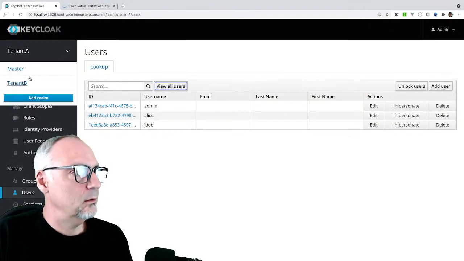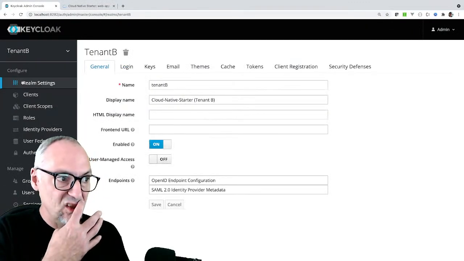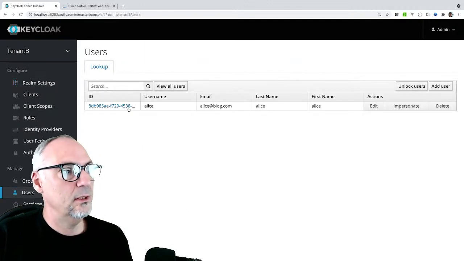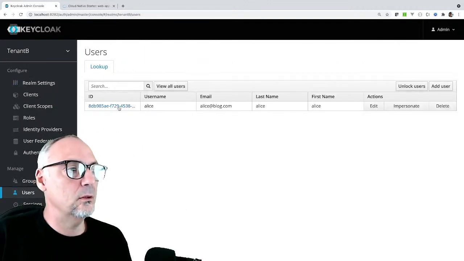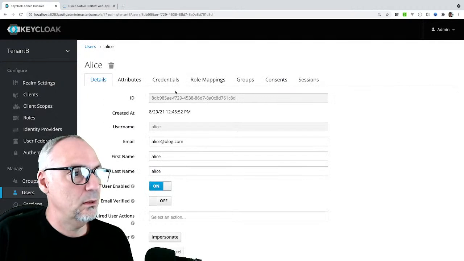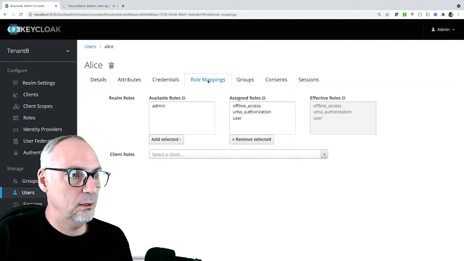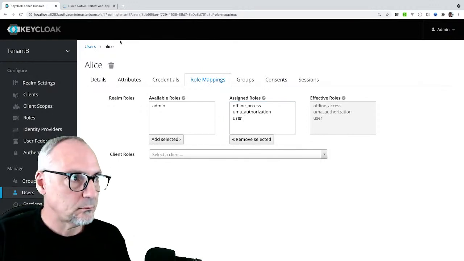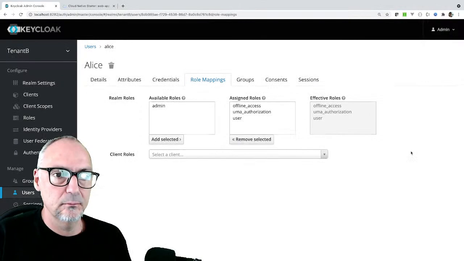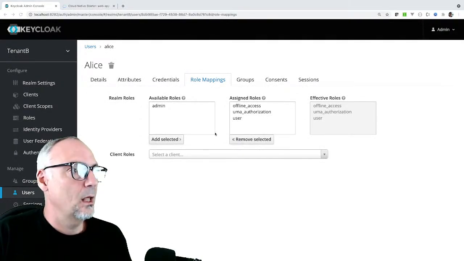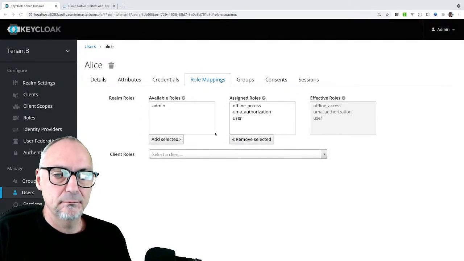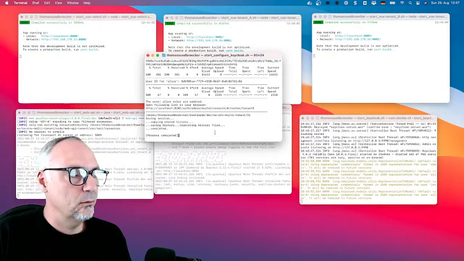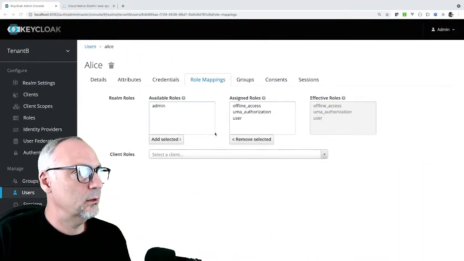Yeah, and then we take a look into the B configuration, and here in the B configuration you can see my uploaded user. I also did the role mapping here, so that assigned the user role, and that happened in the script. Okay, with that in mind, now we take a look